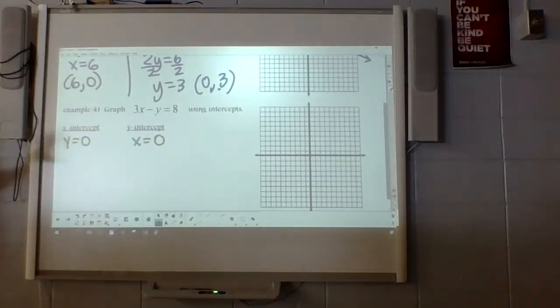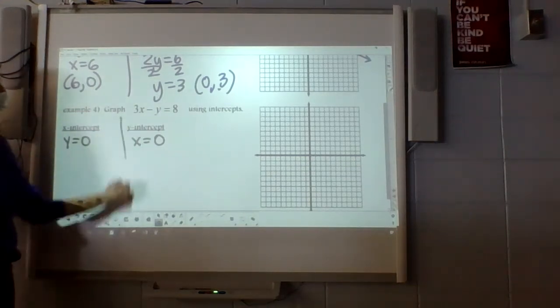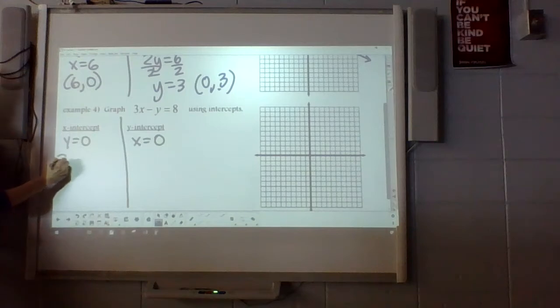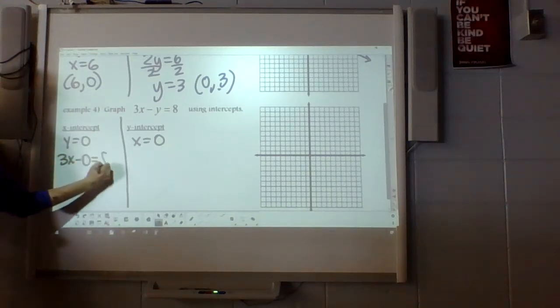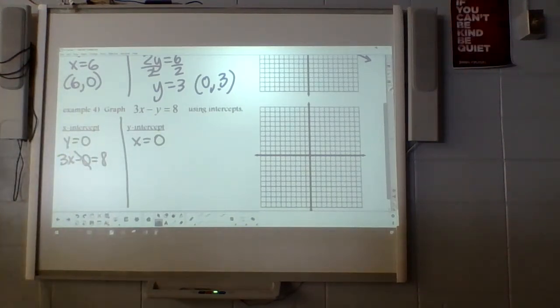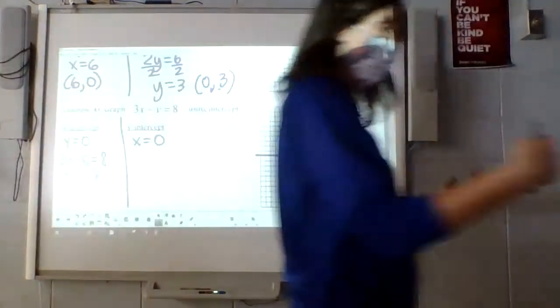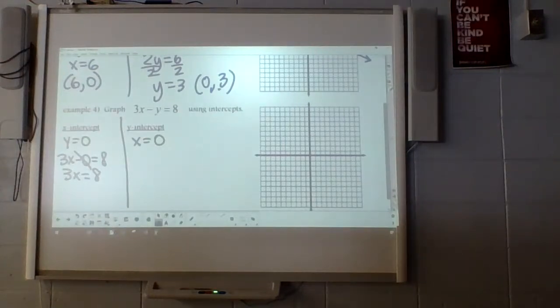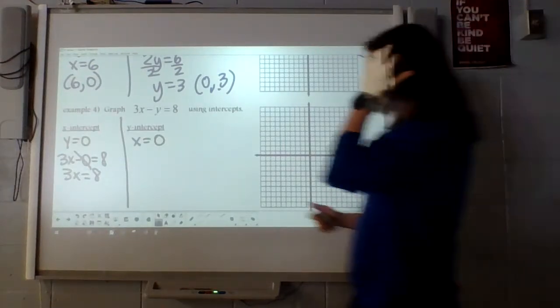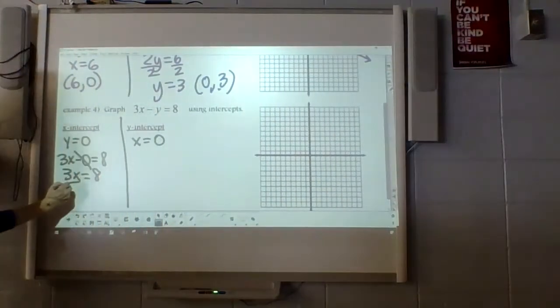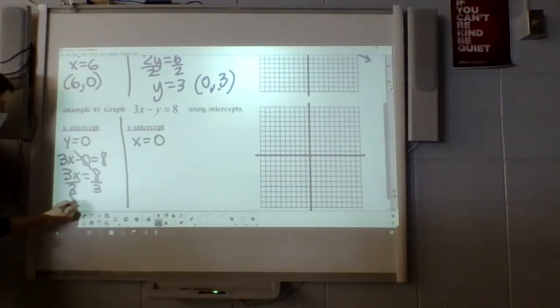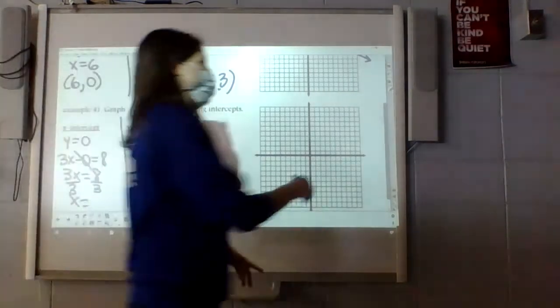Now, the x-intercept is the one that's a little bit wonky in this case. So when I go to put in y is 0, that goes away, so I get 3x equals 8. There's no whole number that would multiply by 3 to give me an 8, so I need a decimal. So this is, like I said, where it's not as nice of a method. 8 over 3, which is like